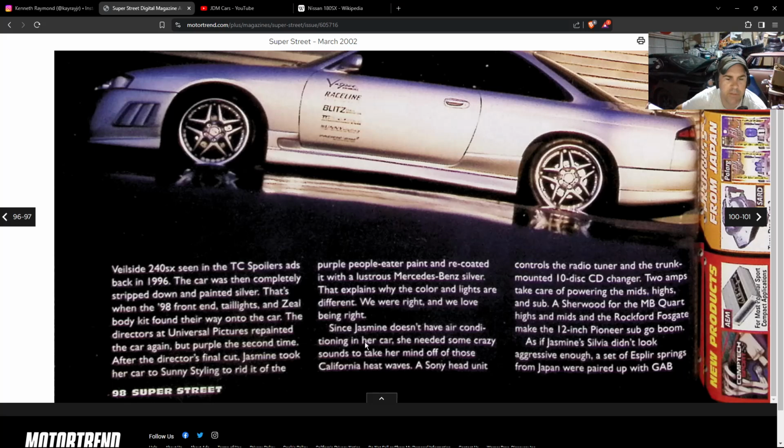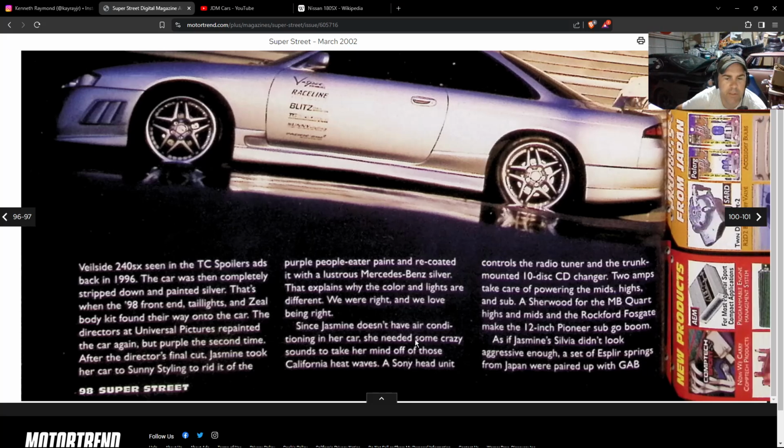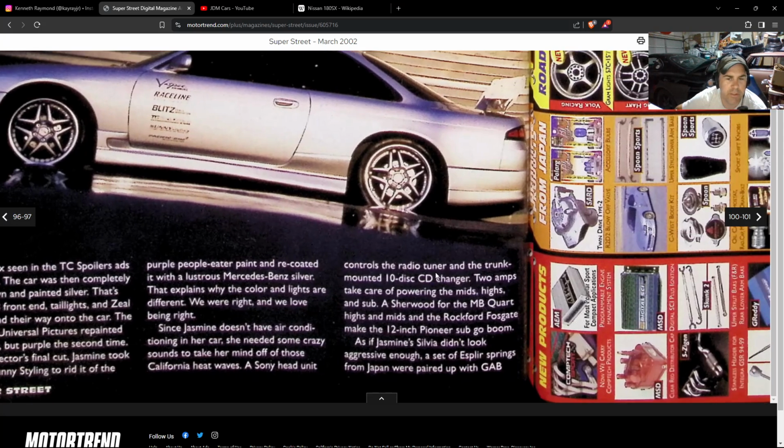Since Jasmine doesn't have air conditioning in her car, she needed some crazy sound to take her mind off those California heat waves. A Sony head unit controls the radio tuner and trunk mounted 10-disc CD changer. 2 amps take care of the powering of the mids, highs, and sub. A Sherwood for the MB Quart highs and mids, and the Rockford Fosgate make the 12-inch Pioneer sub go boom. And if Jasmine's Sylvia didn't look aggressive enough, a set of Espalier springs from Japan were paired up with,